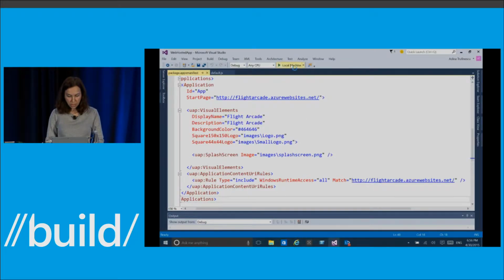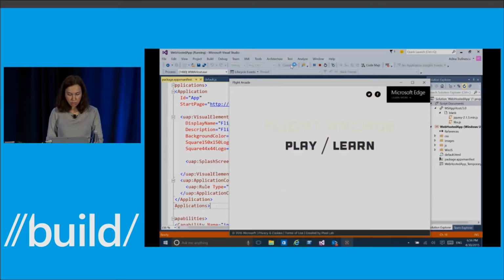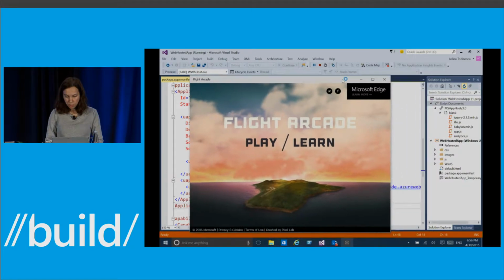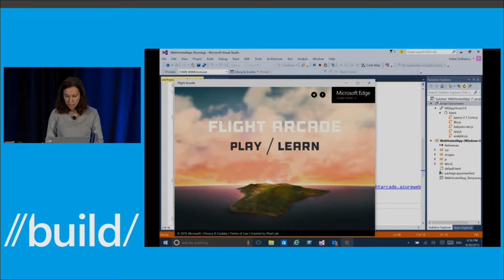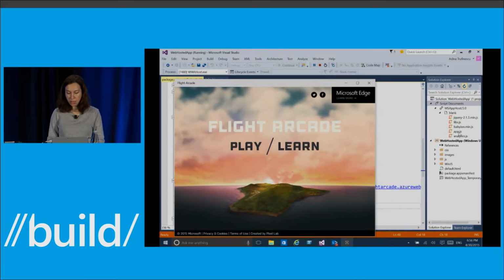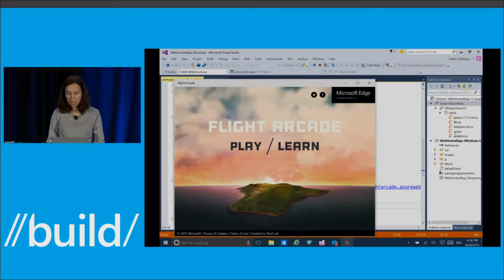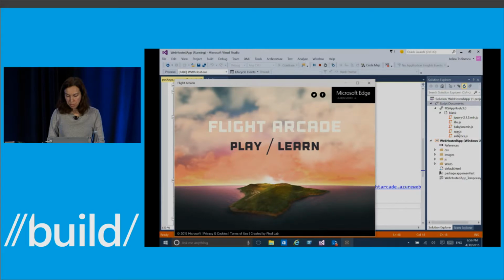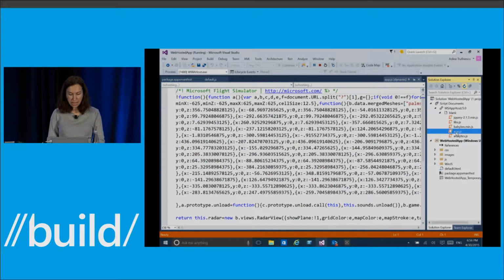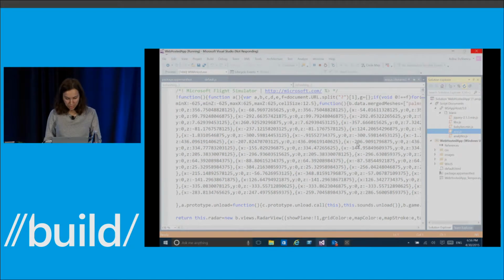So from here, I will try to run the application for the registration to happen. And if you notice in the Solution Explorer, Visual Studio pulls the JavaScript from the page that is being loaded in the web-hosted app. So here I have the app.js file, which I'm going to try to open. And I will not attempt to read this to you or ask you to read it, but I will try to find here